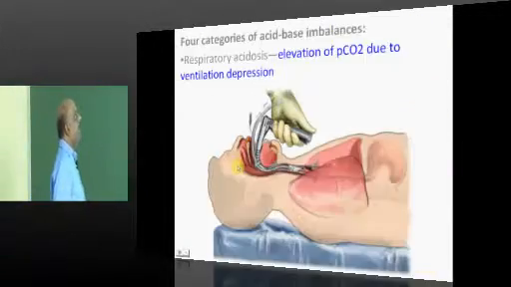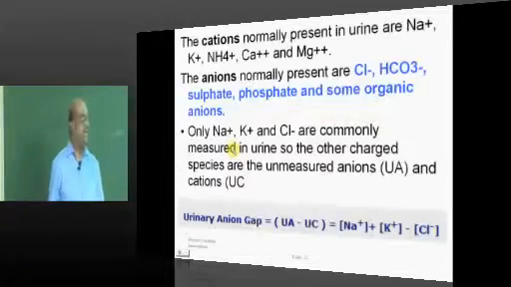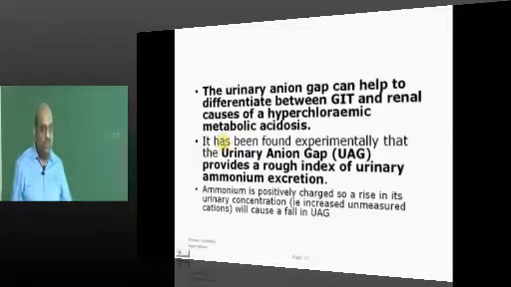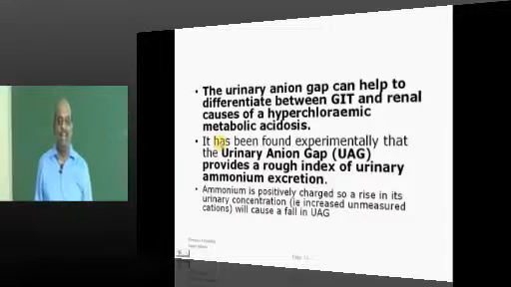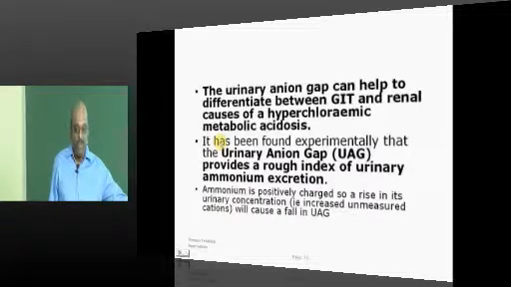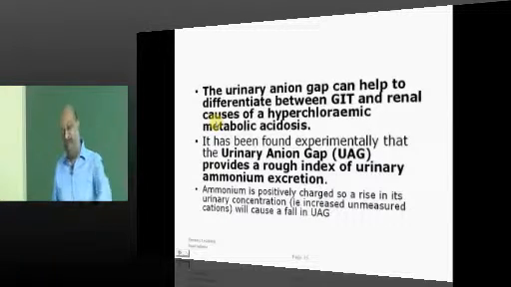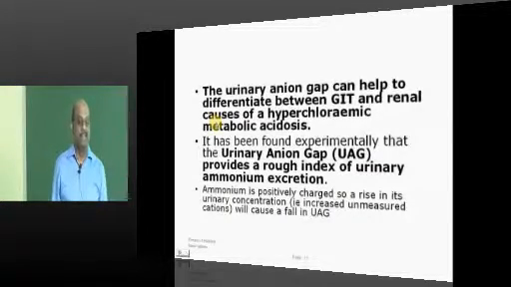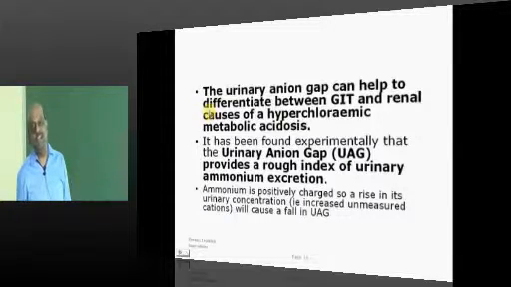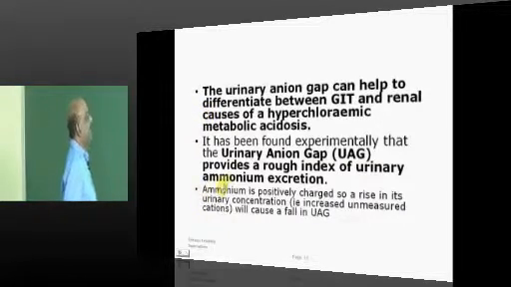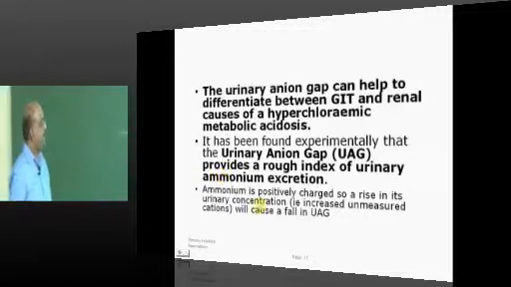You will say, what is a big deal about it, sir? You take the history. If he is losing stool in the diarrhea, there is no big deal. You will get it in the history. Do you need to do urinary anion gap in order to calculate and prove the fact? It's easy with history. But let us assume you are a patient of renal tubular acidosis who presents with diarrhea. So then you need to differentiate now. Anyway, you need to know that